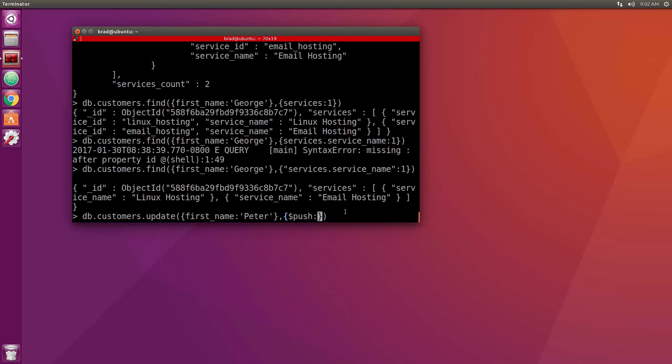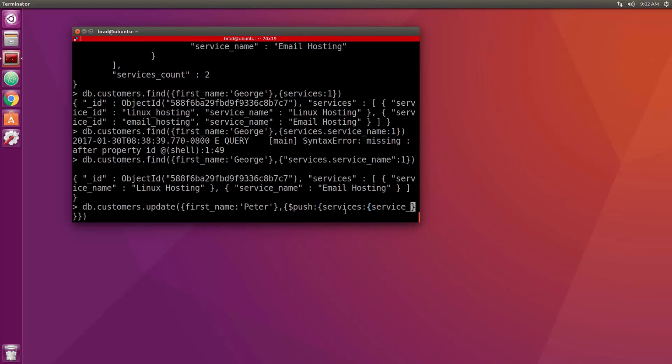Okay, push is used to do just that, push onto an array. So let's go push, and we're going to open up another set of curly braces and say services, and then we're going to put a colon and another set of curly braces, and we're going to put service underscore ID,